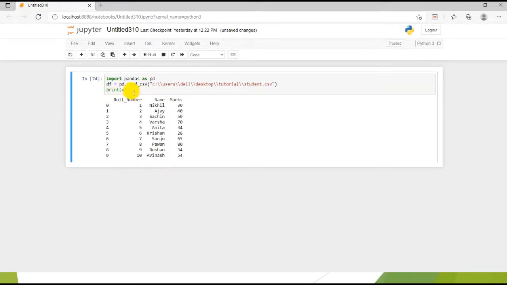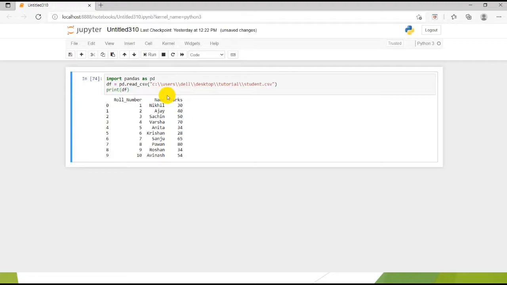So as you can see, I have created a student CSV file and read the contents using read underscore CSV function and stored the data frame in this object called df. So if I printed it, you will see the contents printed on screen.